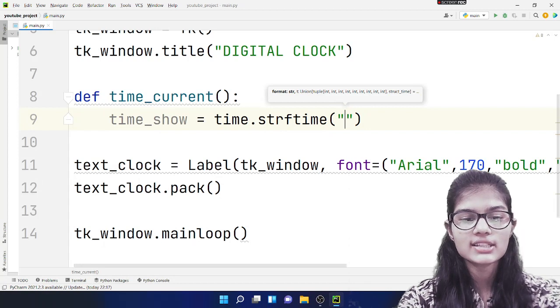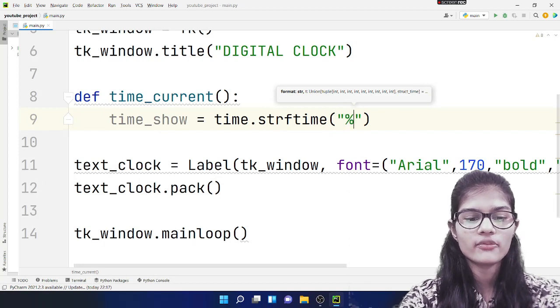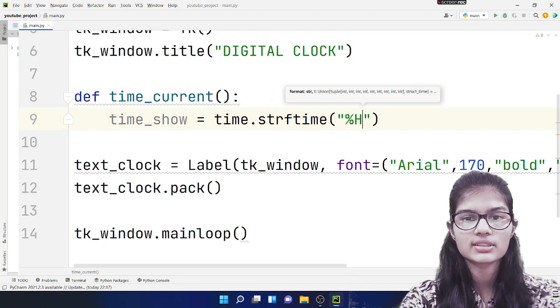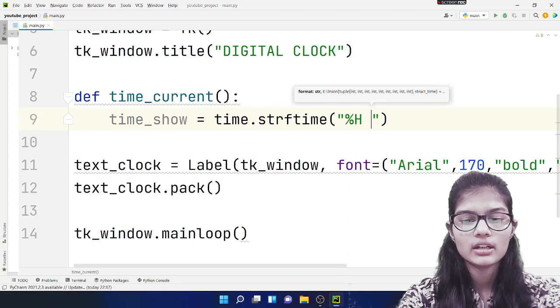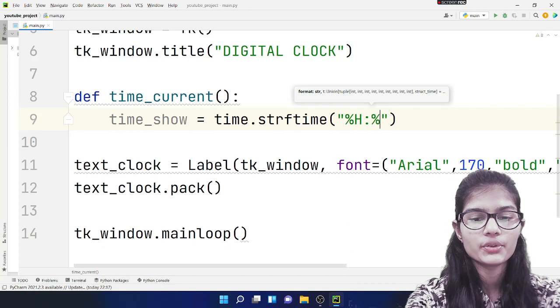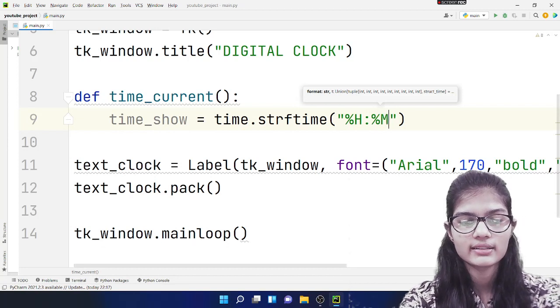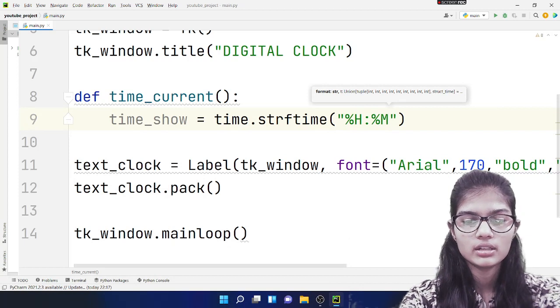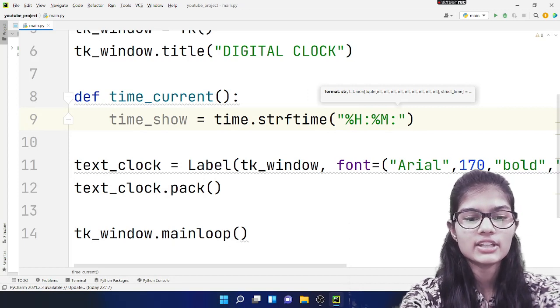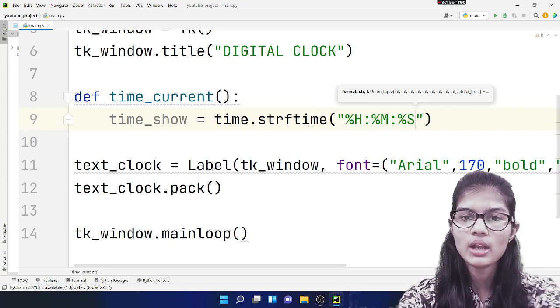So I want the time to be in the format, first of all %r, what is the r right here. After that there would be a colon, then I want the %minute to be displayed. Putting again the colon right here, and then I want the %seconds to appear.